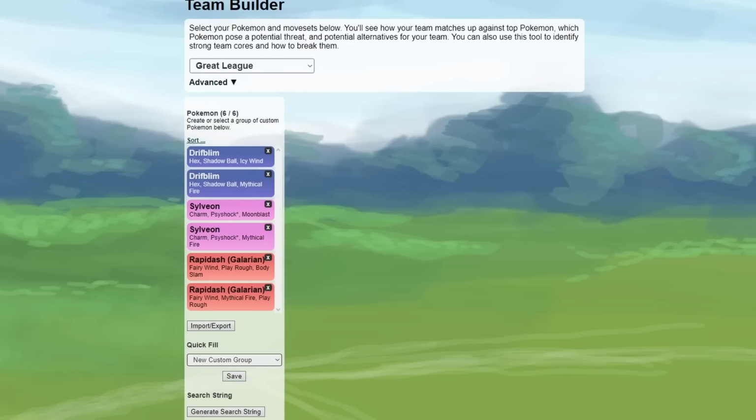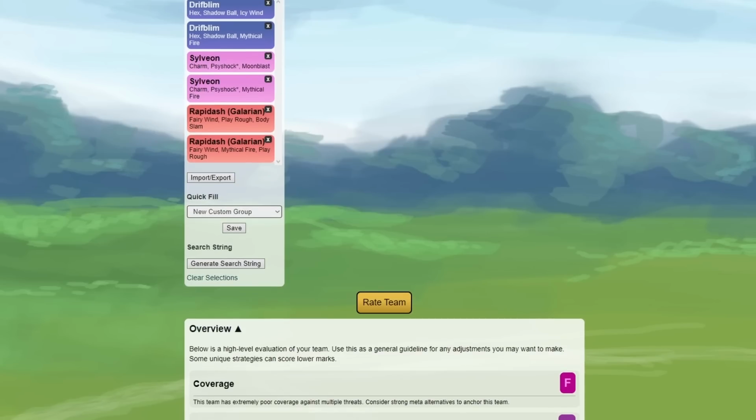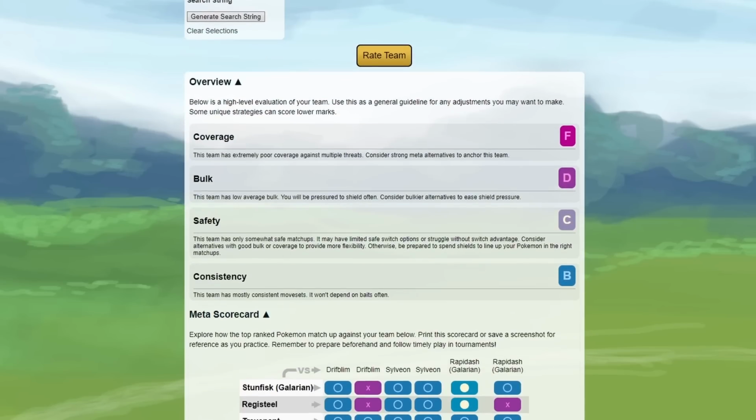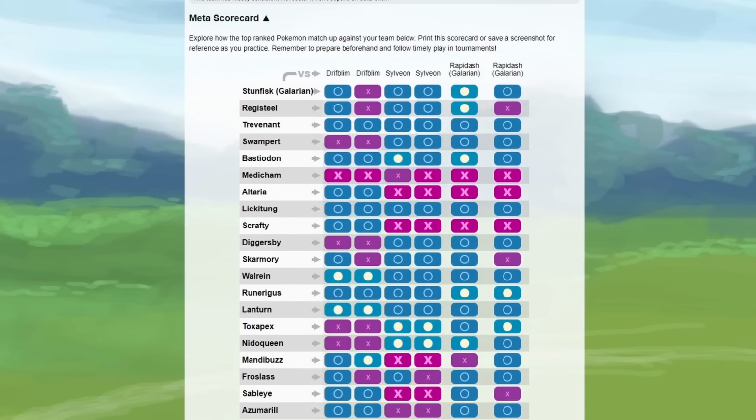We're going to see Great League stuff. That's what we are kind of prepared for. You can take a look at Drifblim, Sylveon, and Rapidash. It's mainly going to be better as coverage moves, I think, than for the Pokemon it learns as a Fire type, because they all learn Flame Charge, which just boosts their fast move, which does the most damage for them anyway. So it's unlikely that's going to help them too much, but for coverage, here we're going to say already